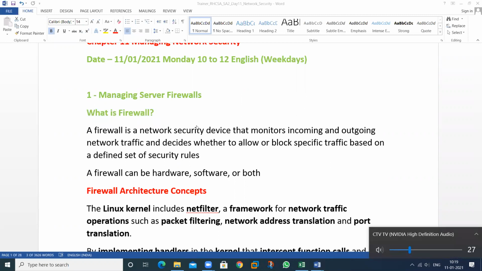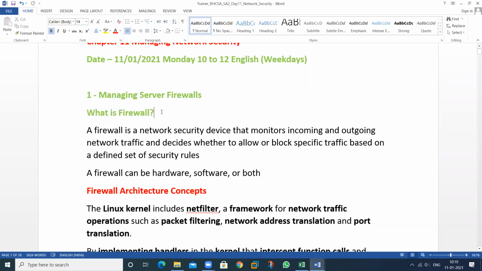Good. So a firewall can be a software firewall and it can be a hardware firewall. But in this, we will discuss the software firewall. It's a part of your operating system. A firewall is a security feature that provides monitoring functionality. It can be an incoming packet or an outgoing packet.